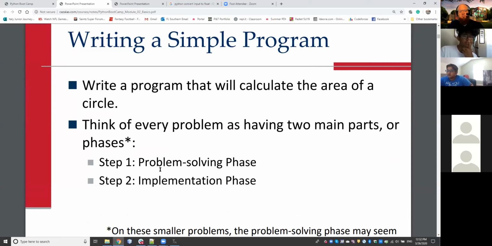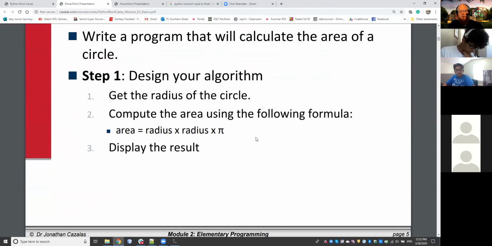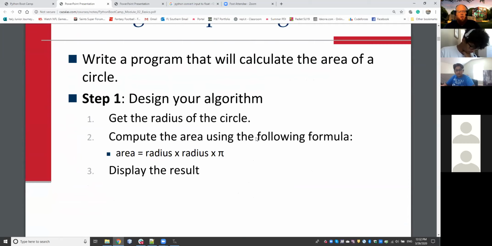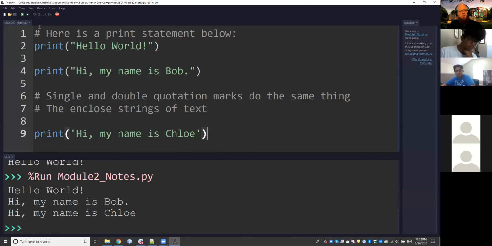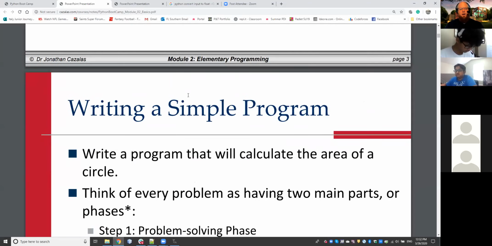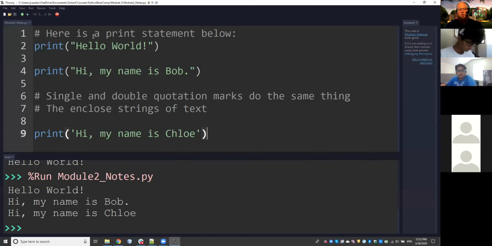As far as the problem-solving phase, we have 10 minutes left for this meeting, and it might end abruptly, and then we'll start a second one. Our problem-solving phase, if we want to calculate the area of a circle, well, we need our recipe. We need to design our algorithm. I'm going to keep my module 2 notes open because here's where I'm going to type my notes for module 2. But now, since I'm being asked to solve a specific problem, write a program to calculate the area of a circle, I'm going to make a new program. So, file, new,